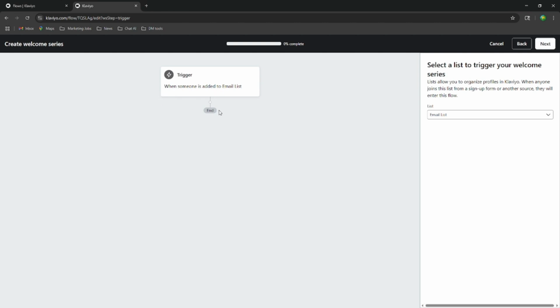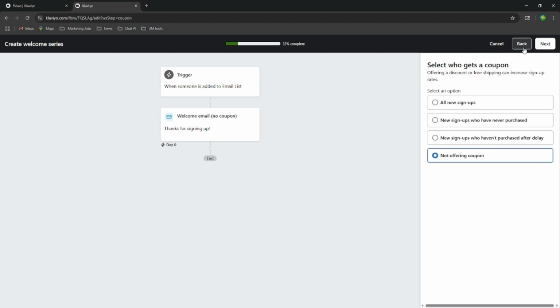So first we have our first trigger, when someone is added to the email list. I can change that to mobile as well. And it gives us another list here, but for now it just gives us mobile and email list. So then we click next, and then it gives us an option on whether or not we want to have a coupon that we want to offer our clients. So we could go with not offering a coupon, but we could also do something like offering all of our new signups a coupon, or if we wanted to have people who never purchased,